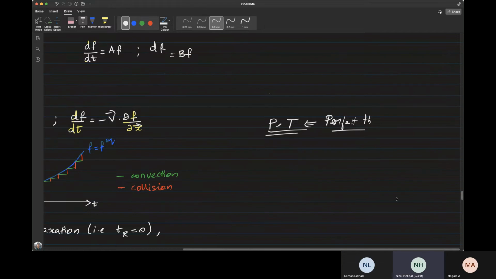Ma'am, I did not get the question. So, in thermodynamics, we have this assumption of equilibrium, and all the relations that we derive in thermodynamics are based on this assumption that your system is in equilibrium. And we use those relations in fluid dynamics where there is flow happening, which is not in equilibrium. So, how do we use those relations that are derived for equilibrium in case of fluid mechanics where actually the system is not in equilibrium?